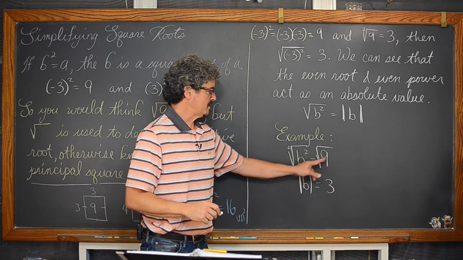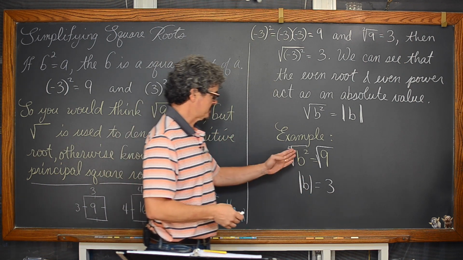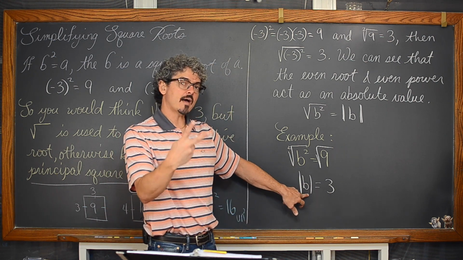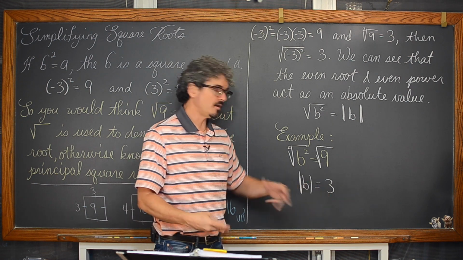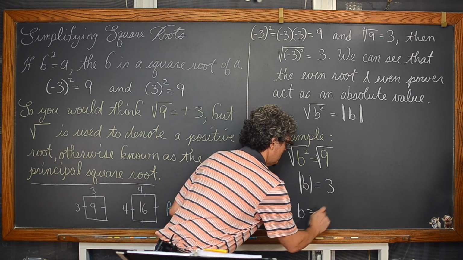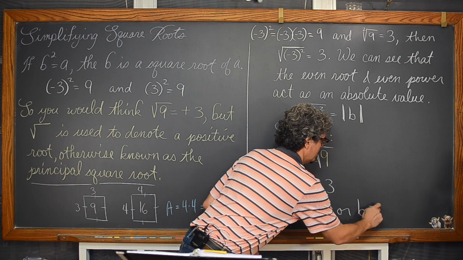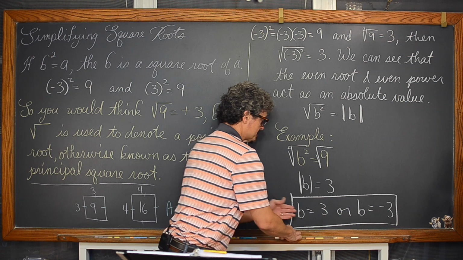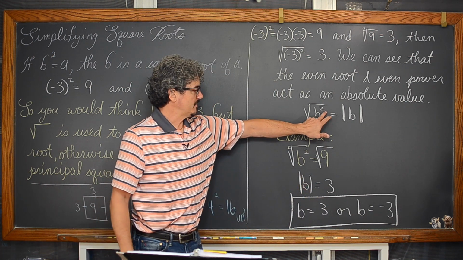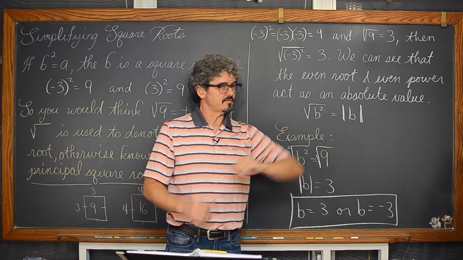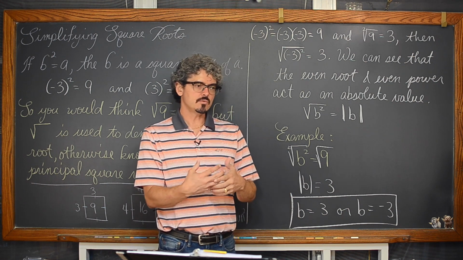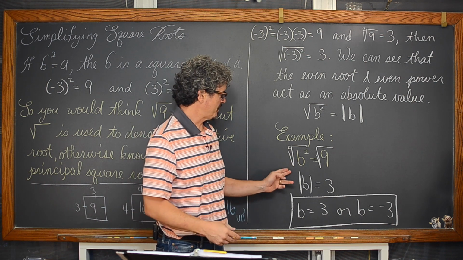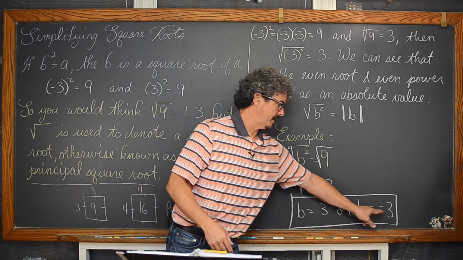So b squared is equal to 9, as you square root both sides, becomes the absolute value of b is equal to 3. And b then can take on two values that would give ultimately an answer of 3. b can be equal to 3, or b can be equal to negative 3. So that's how here, with this power of 2 and square root acting as an absolute value function, is where we come into, with our study of algebra, how when we square root both sides of an equation, we get both a positive and a negative answer.